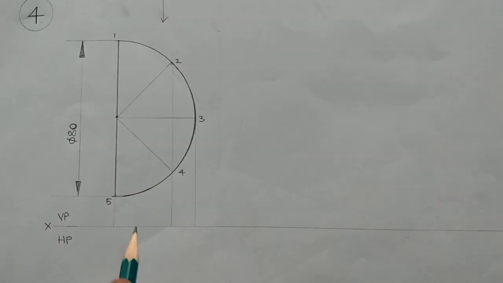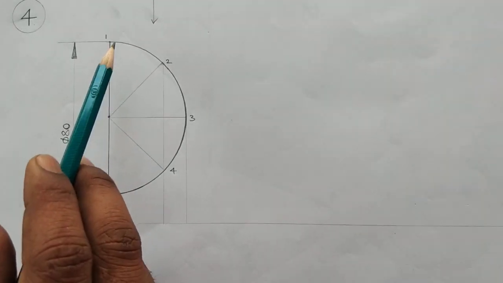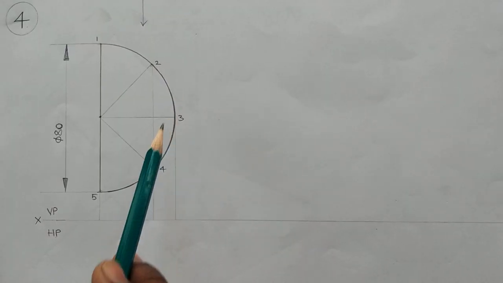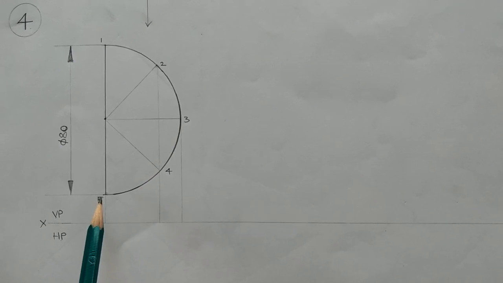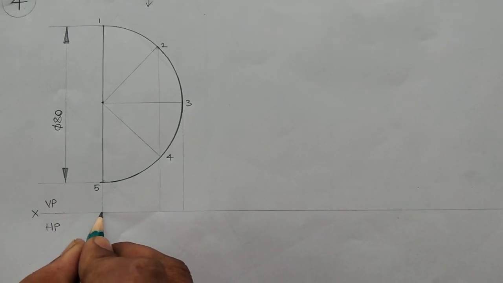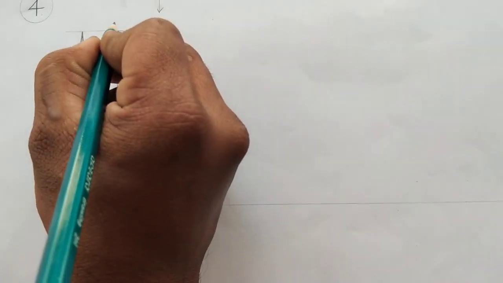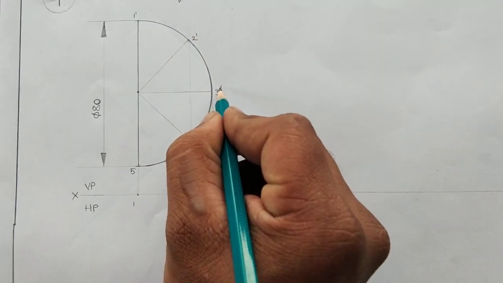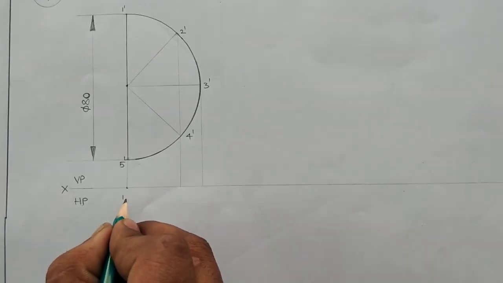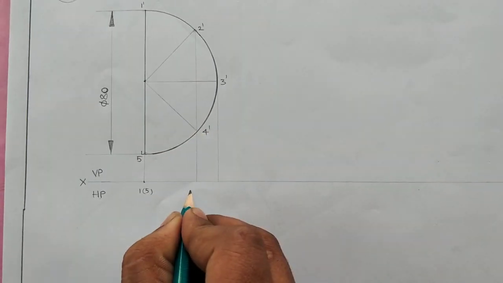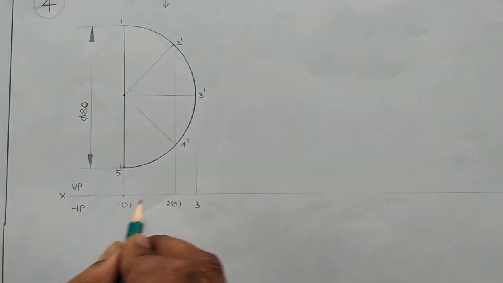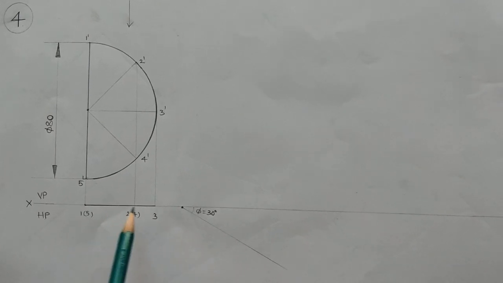We can project all the points down onto the reference line in this way. For the purpose of the top view we should see the plane surface in this direction. So points 1, 2, 3 are visible and points 4 and 5 are hidden. Here we should add a dash to each number. We can use either numbers or letters, that is our wish. So 1 visible, 5 invisible, 2 visible, 4 invisible, 3 visible. Join all the points in the correct sequence with an H pencil, in this way.